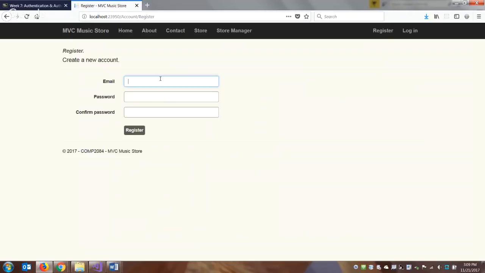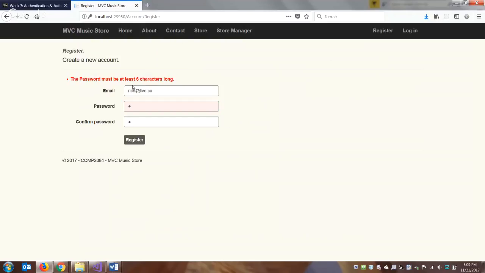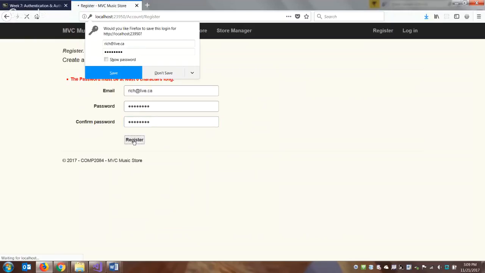So once you fill out the form and click register, I'll create a new account here. Notice also this package will enforce strong password rules. It wants a 6-character password. It's not going to let me sign up without one. So once I register,